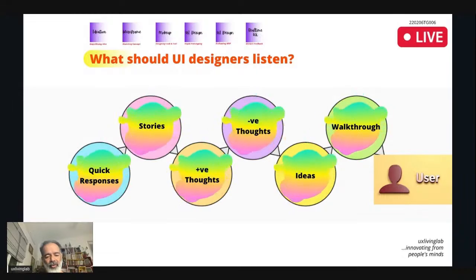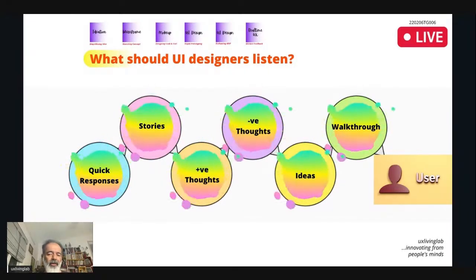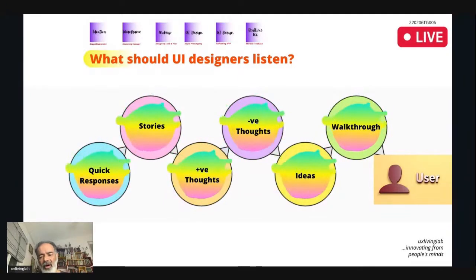Then look to the walkthroughs, how the user is going to do it in real life. They have a lot of ideas, but whether they will use it, whether they will execute it. If you come with that idea, whether they will use it. Go through the walkthroughs, the stage by stage of execution, or you can present the ideas stage by stage, their own ideas, in that discussion itself, and how they will interact with their own ideas. If the product comes with their own ideas, they will say that marvelous and all, but don't limit to that level. So how they will do it step by step, whether they will use it.